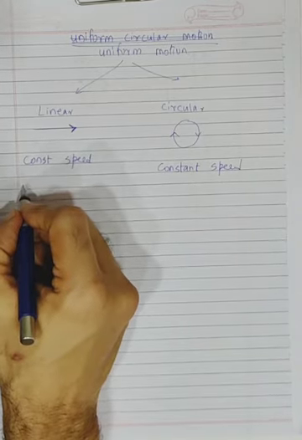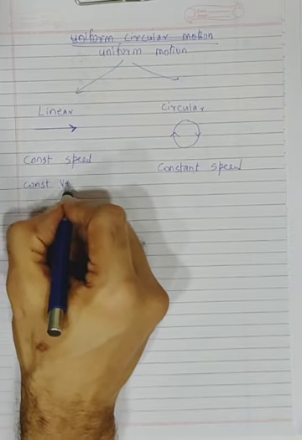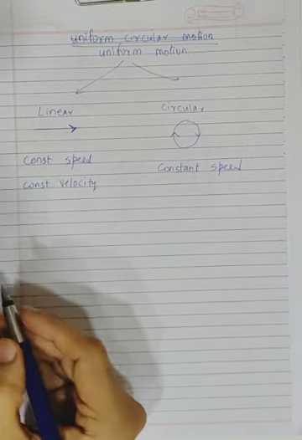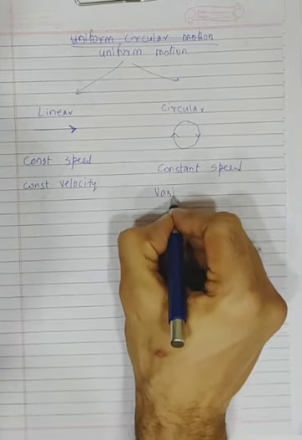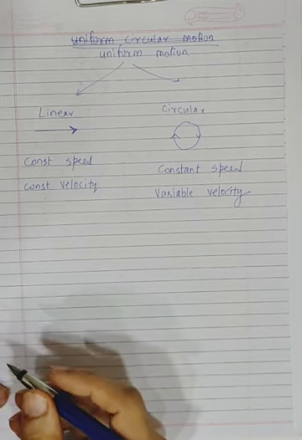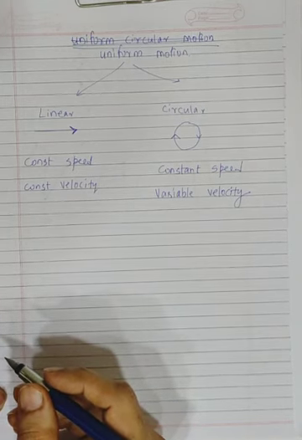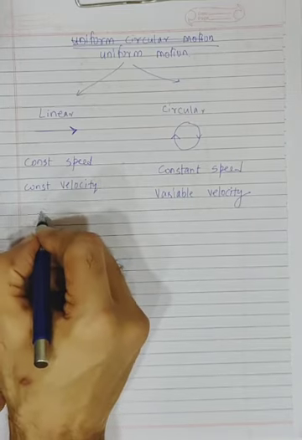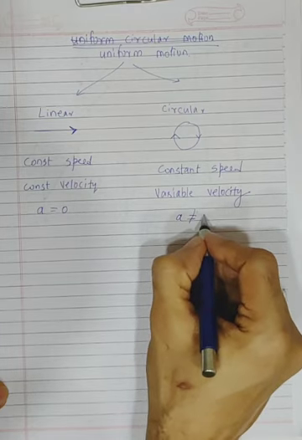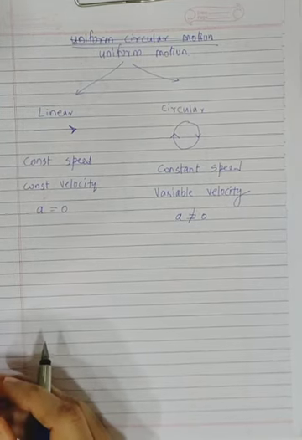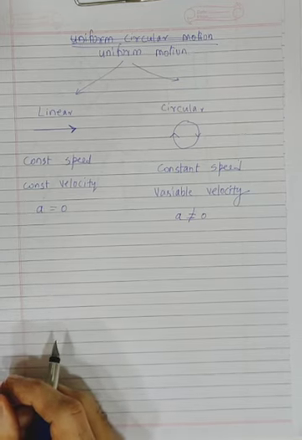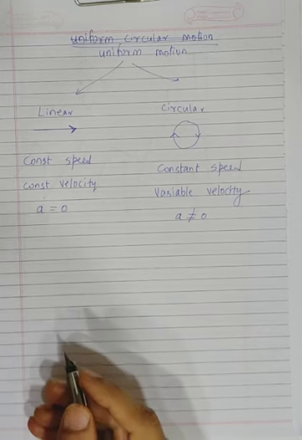But out here, they will also be moving with a constant velocity. Why constant velocity? Because there is no change in the direction. It just keeps moving in a straight line. But these ones are moving with what? Variable velocity. Now, if a body is moving with constant velocity, what is the acceleration? 0. If a body is moving with variable velocity, acceleration is not 0. I hope you remember this concept. So if you don't know, remember acceleration is what? Rate of change of velocity is called acceleration.